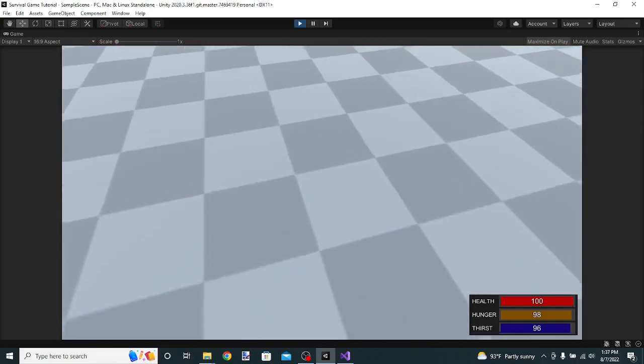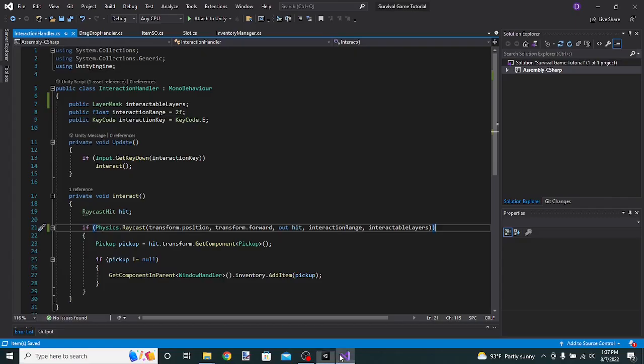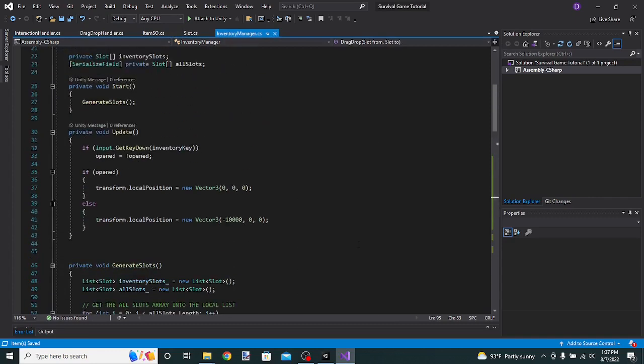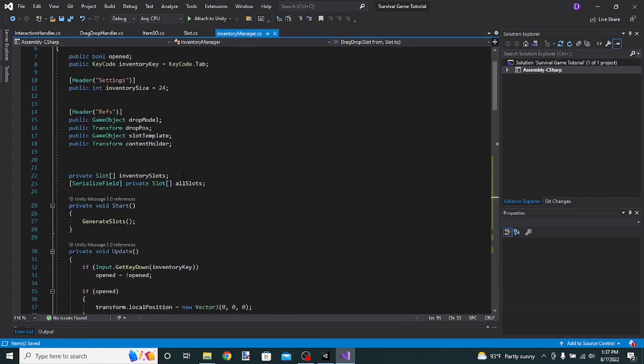Also, one more thing I want to specify. Back in here, for those of you who might be wondering, at the beginning of the first inventory tutorial I said that we will need these two for dragging and dropping. That's wrong. The reason I said that was because this is the way I do it in my multiplayer game that I'm developing,